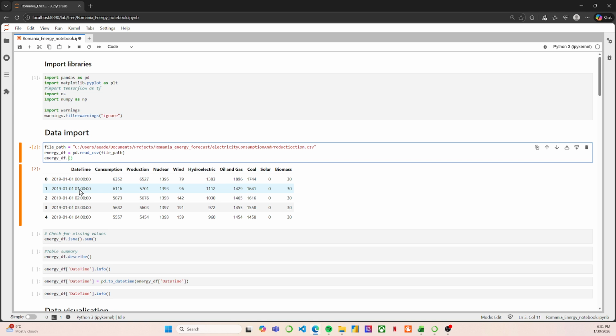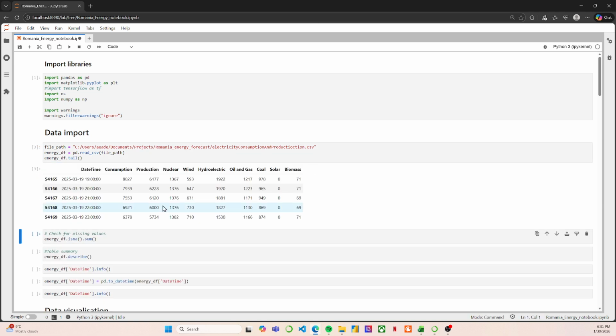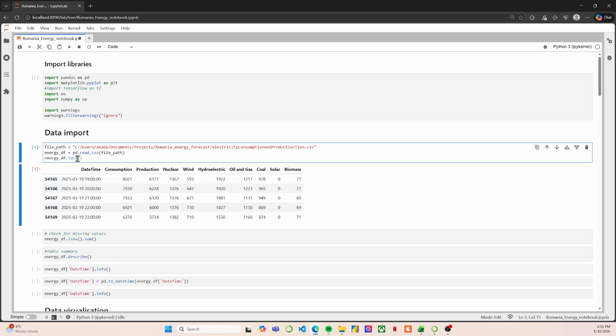This is 1 o'clock, this is 2 o'clock, 3 o'clock, and it's actually hourly data. The end is going to be early 2025, which is March 19th. So this is the last hour of the 19th of March 2025. Okay, so let's just change this one to head